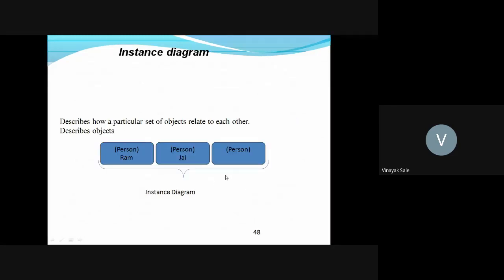This is a class diagram named Person. Then the instance diagram, that is the object diagram, describes a particular set of objects related to each other. In the previous slide we have seen the class.